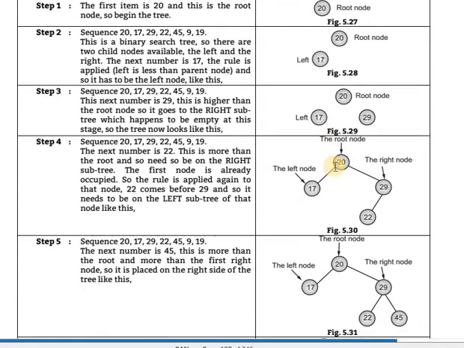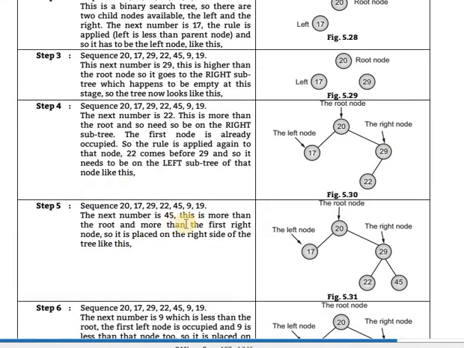Clear that? The next number is 22. This is more than the root node, so it goes to the right subtree, and the first node is already occupied, so the rule is applied again to that node. 22 comes before 29, so it needs to be a left child, because it is in the left subtree of that node; 22 is less than 29. Next is the fifth element, 45.